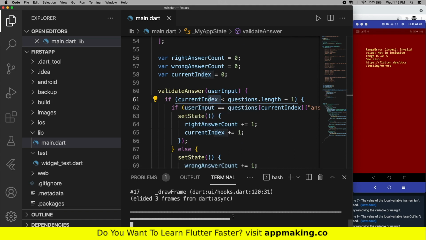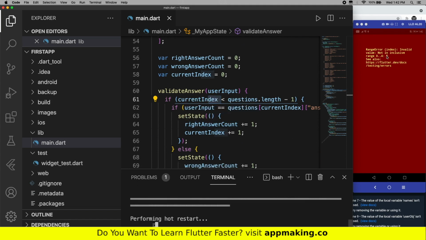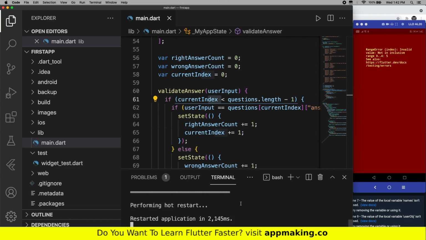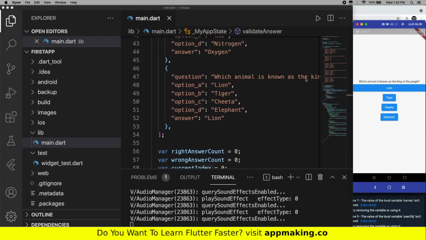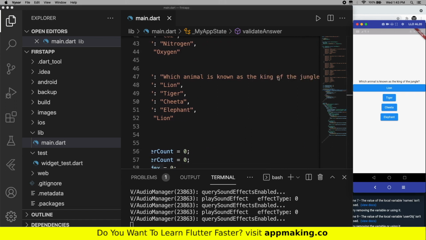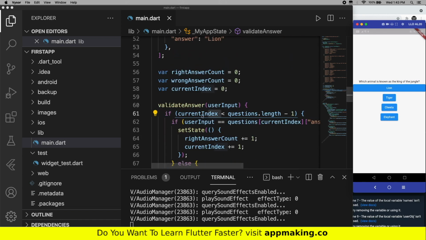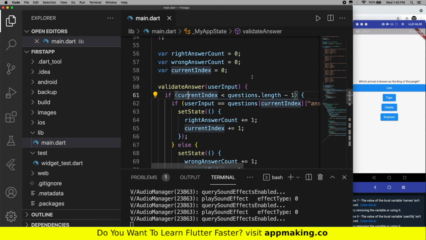So I'm going to do the hard reload because we have an error, right? So you need to do the hard reload. So here you can see, which animal is known as the king of the jungle. That is the last question. So if I try to answer, it is not going to the next question because we wrote the condition here, okay? So now what we have to do, we just need to display the right answer, wrong answer